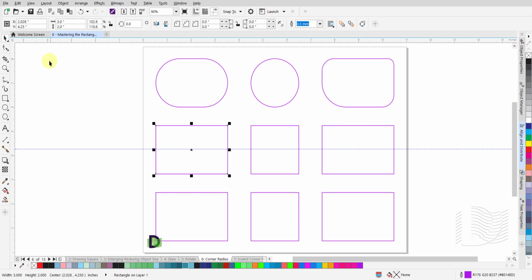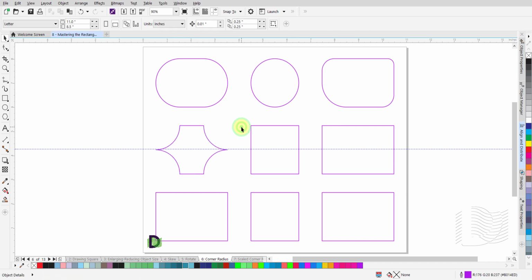Now, switch to the Shape tool and left-click and hold on one of the corners and drag it inwards or away from that corner. Release the mouse button and switch to the Pick tool to get a better look at the changed object. Switch back to the Shape tool. Grab one of the black squares and drag it further away from the initial point to its maximum. Switch back to the Pick tool and left-click once on a blank area of the canvas.